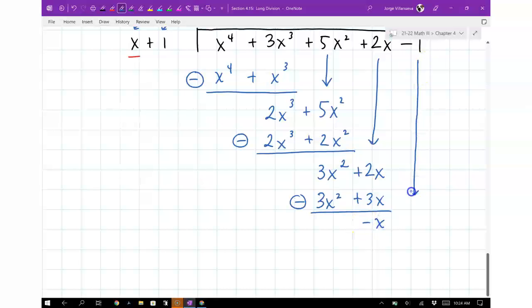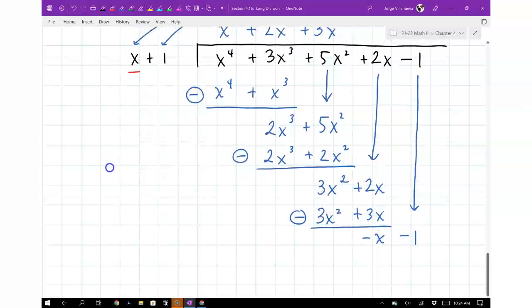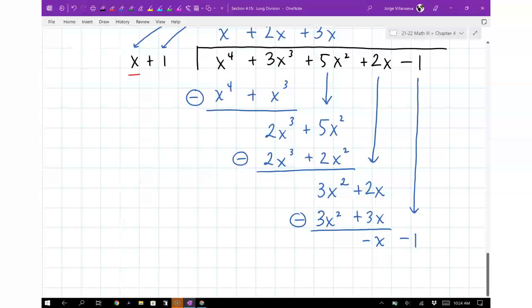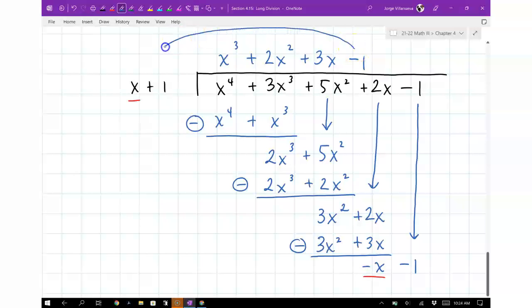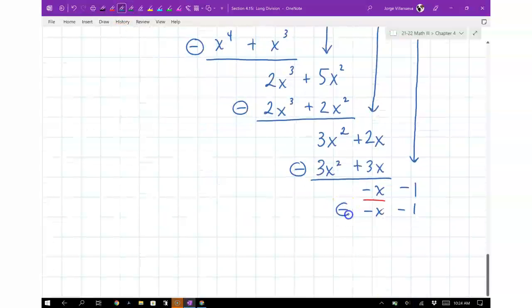And drop the negative 1. Okay, so now we're on the final step here. So x has to become negative x. What did I multiply by? Negative 1. Thank you. So minus 1 up here. So I'm going to multiply these things by negative 1. Okay, so negative 1 times x is negative x. Negative 1 times 1 is negative 1. If I subtract,